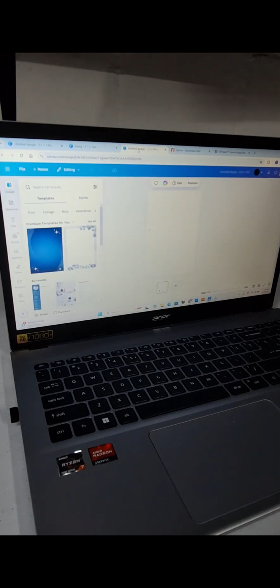Basically what we want to do is go over to text, and you see where it says brand kit, add brand fonts. You want to click on that, and then up here in the right corner, this plus sign, you want to click on that, and you want to say upload font. As you can see, these are all the fonts that I have loaded up so far that I recently added. So the font that we're trying to use is Virus